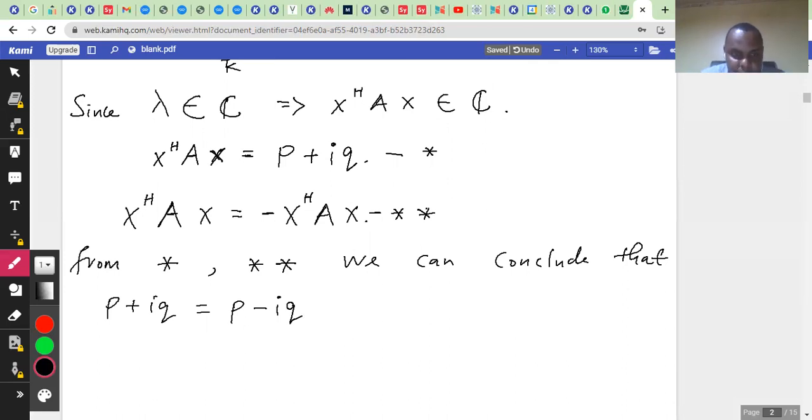Let me write it like this: p plus iq is going to be equal to its negative, so negative p plus iq. And so this is going to mean that p plus iq is equal to negative p